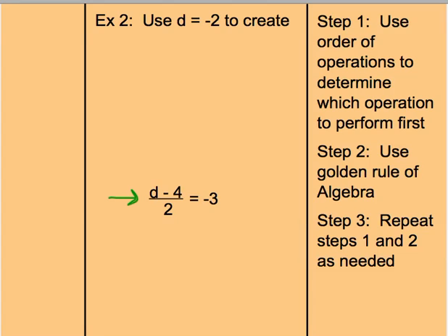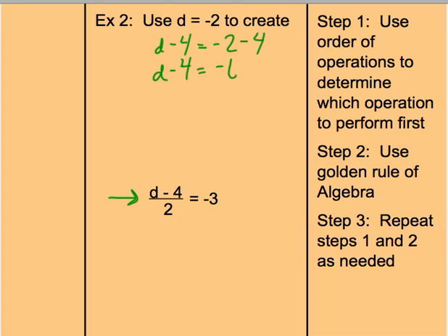So the first thing that I would do to the D if I were to substitute -2 in is subtract 4. So I'm going to go back up to my D equals -2 and subtract 4 from both sides of the equal sign. So this is my step 2 actually. I used the golden rule of algebra. Whatever I did to one side, I did to the other. So I'm going to simplify